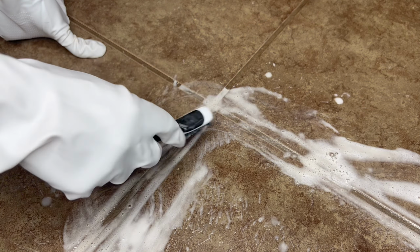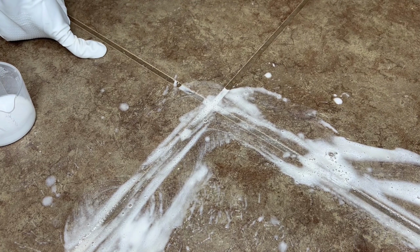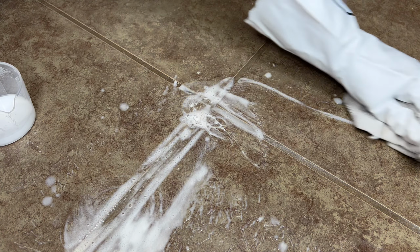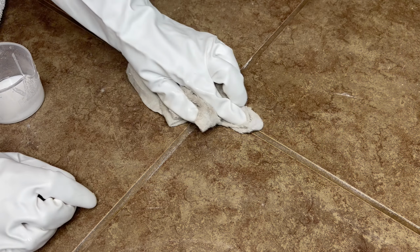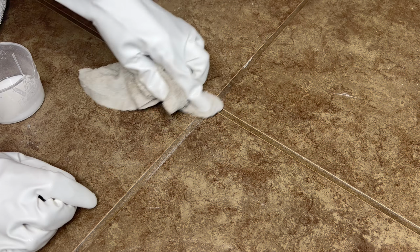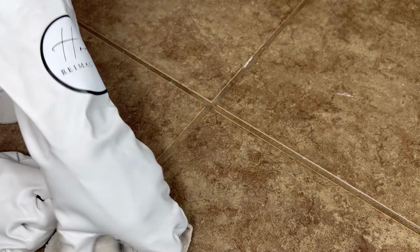Once you've used any of the scrubbing methods to your liking and you feel that your grout is clean, you can go ahead and take a damp cloth. I just use some regular water and I'm just going to use it to pick up the solution from the grout. You're going to notice right away that you can usually see a bit of a change in the color. However, when there is some baking soda in there, it will discolor it for a second,